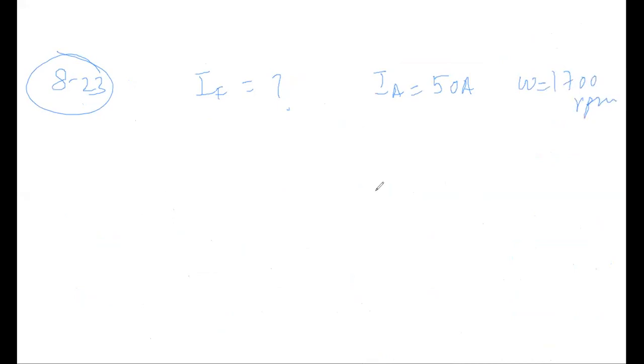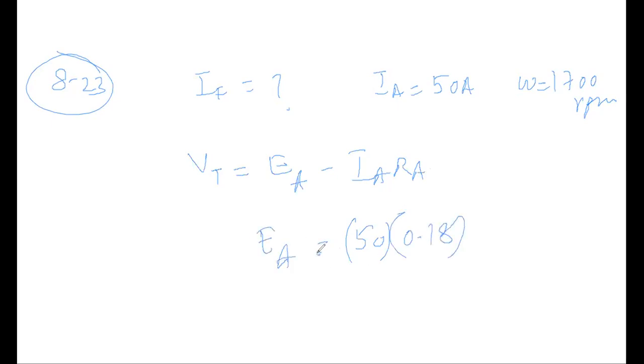We want to find IF, and it is a separately excited generator, and we know the relationship VT is equal to EA minus IA RA. So IA is given to us as 50, and the resistance is equal to 0.18. EA is not known, and VT